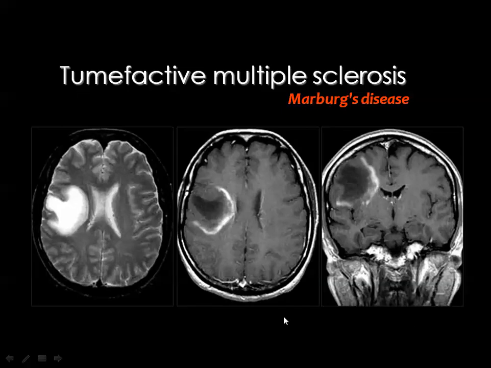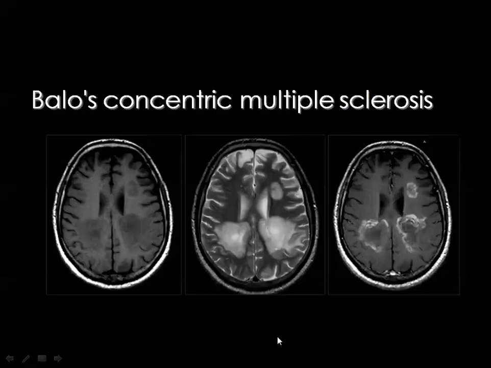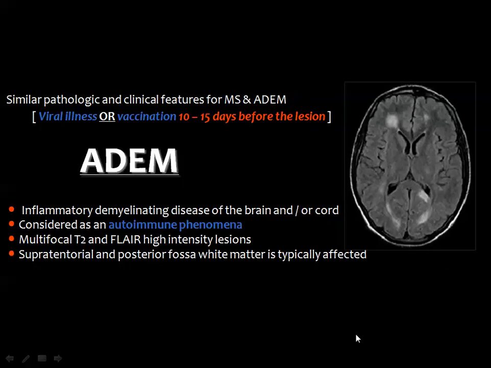And this is also a case of a tumor-effective multiple sclerosis, showing the typical appearance and enhancement. The lesion is of high signal in the T2 weighted image, and after contrast injection, there is incomplete ring of marginal enhancement as seen in the axial and the coronal images. And this is also a case of tumor-effective MS, showing low signal in the T1, high signal in the T2, and the classic incomplete ring of marginal enhancement.